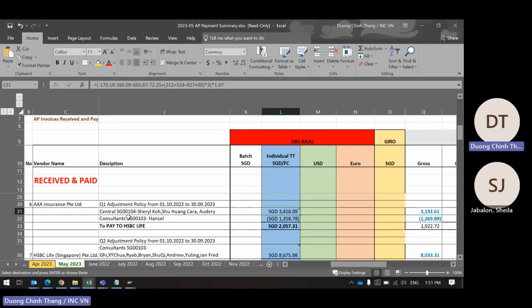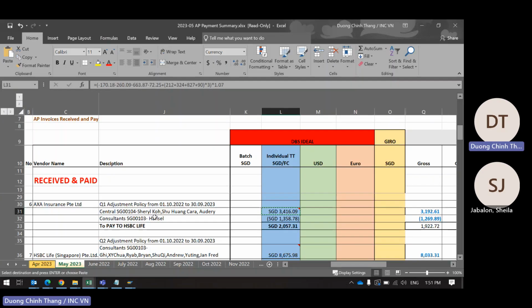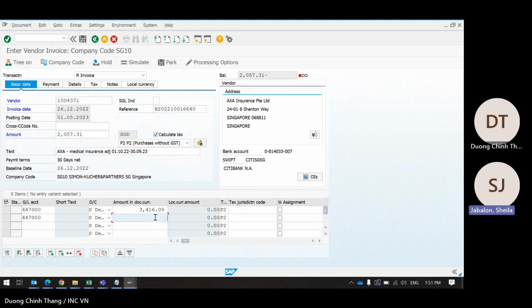You mean this one? Yes, it should be 3416.09. Including GST, yes, because it's disallowed. So we debit everything to expense, including the GST. How much is it? Oh, it's the same. Okay, sorry. 3416.09. Okay, correct. I just copy and paste. Okay, yes. Then next,